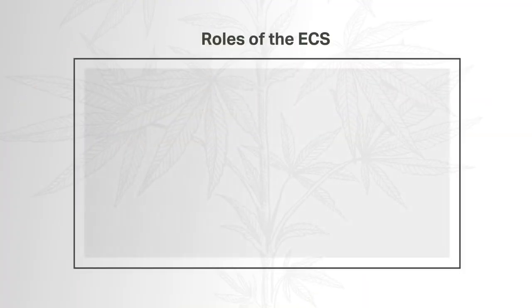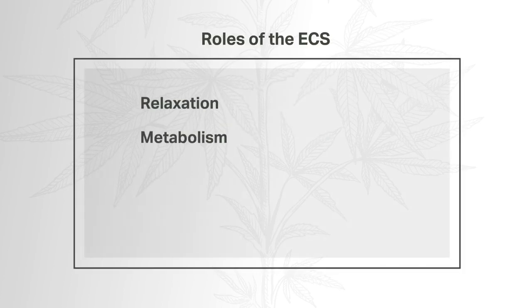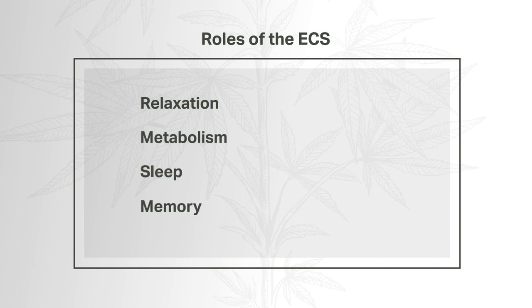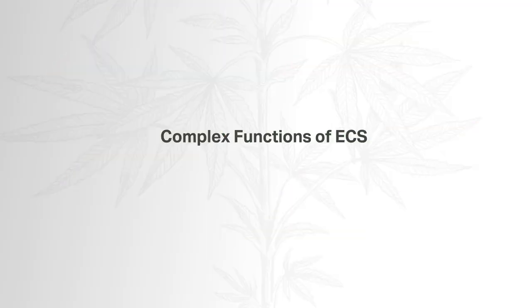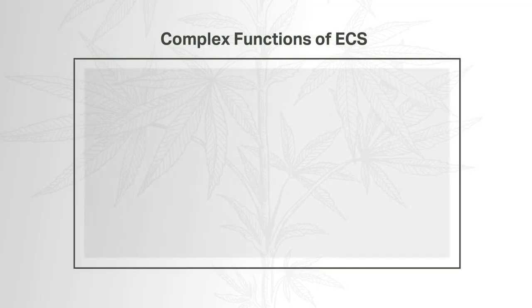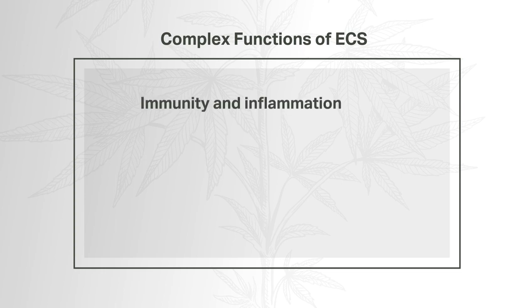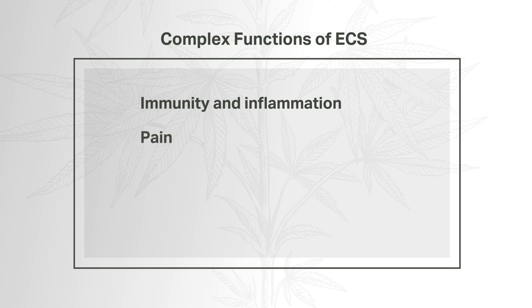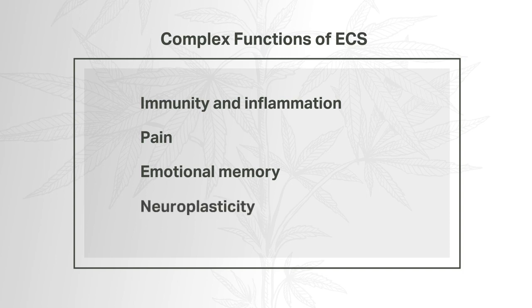And pretty much every single thing that you do, whether you relax, whether you eat food and participate in metabolism, you sleep, you try to memorize something, the ECS is working behind the scenes to put everything back to baseline to make sure that you can function again. Because the ECS is involved in so many different physiological systems, it regulates many complex functions associated with body development. It plays a part in the development and maturation of our immune system, it resolves inflammation, helps with perceiving and resolving pain and forming emotional memories, and it also plays a critical role in neuroplasticity during the embryonic